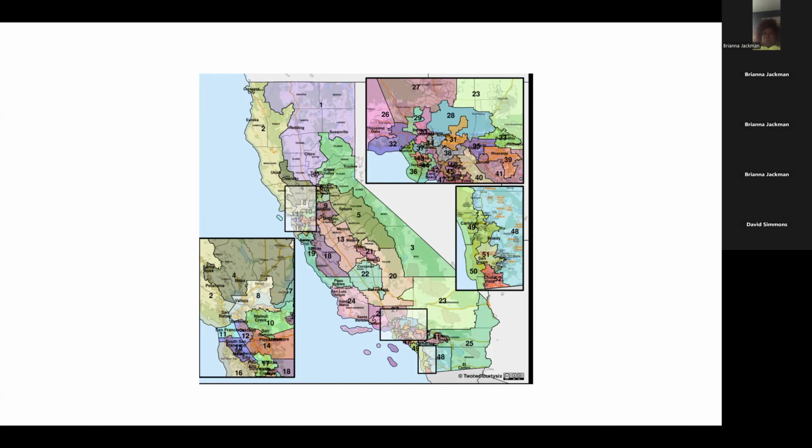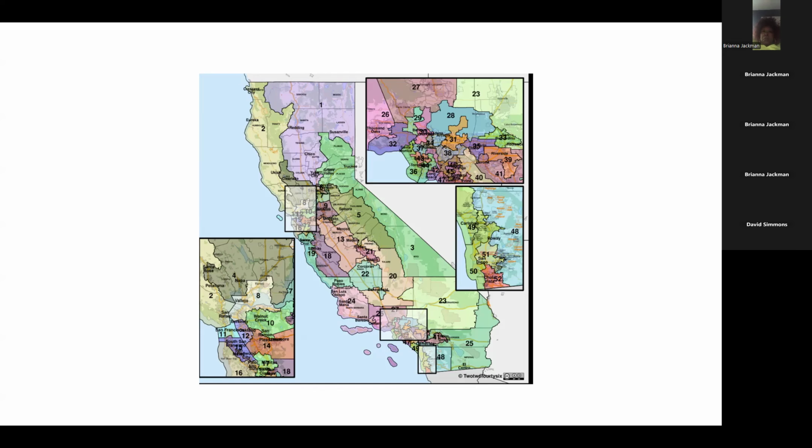In any system where you're using districts, and you don't always have to use districts. For example, local governments sometimes don't use districts at all. But if you're going to use districts, each district has to be equipopulous. And that can be why, as you see here, and you'll see in any other district map, the districts won't all be the same size geographically, because of course, urban places tend to be much more populous than rural places. So the rural districts will be a lot smaller because they all have to have the same number of people.